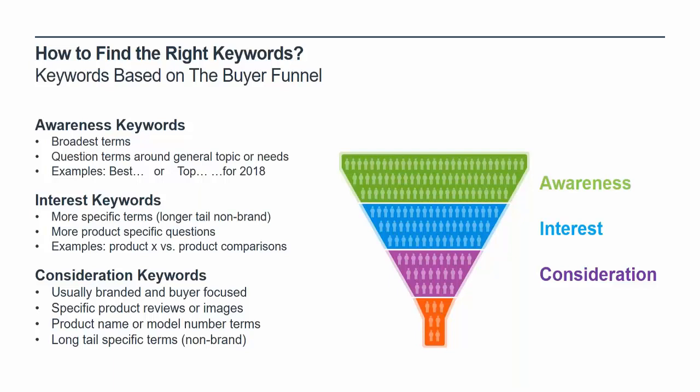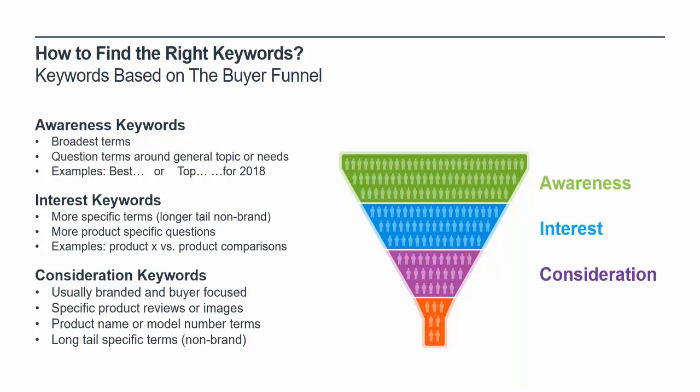And for our publisher audience, when you're promoting products, this is where things will start to get a little more specific. It'll be a model number, so LG TV 305 with the model number after it. Examples of these keywords might be a specific product versus another product and its comparison.